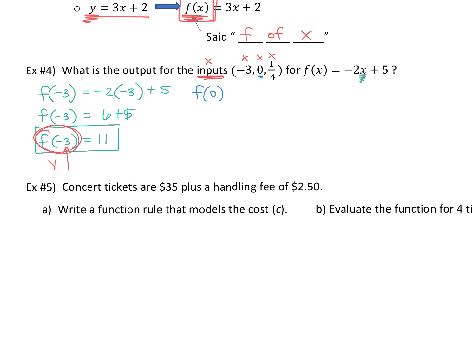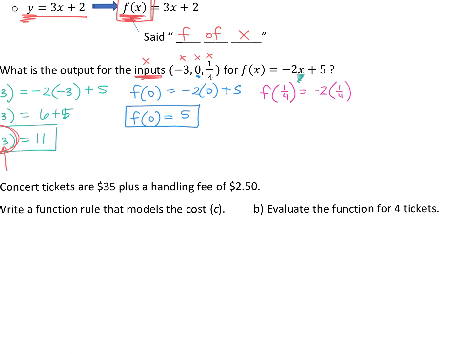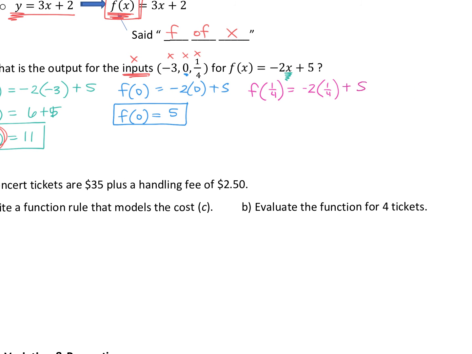F of 0 is -2 times 0 plus 5. So f of 0 is what? Is 5, right? -2 times 0 is 0. 0 plus 5 is 5. And then the last one, f of 1/4. So we're saying plug 1/4 in for X, which means -2 times 1/4 plus 5 is going to be,